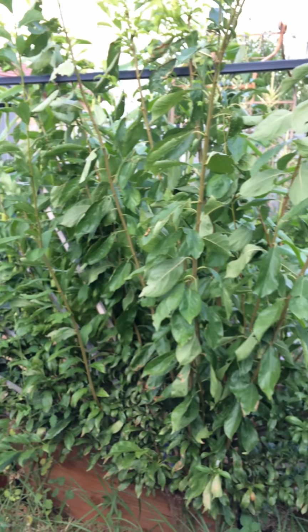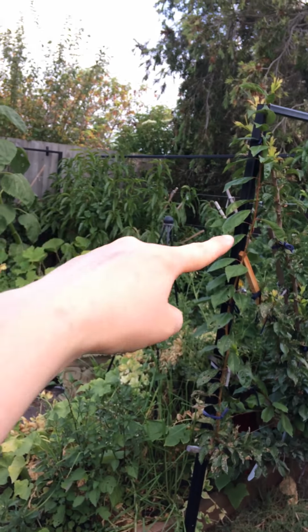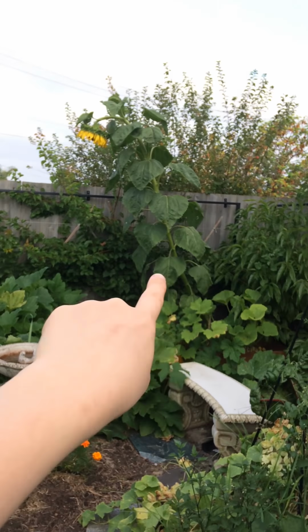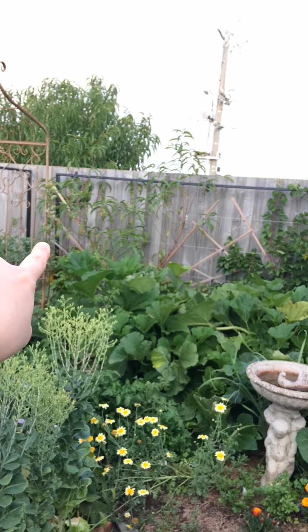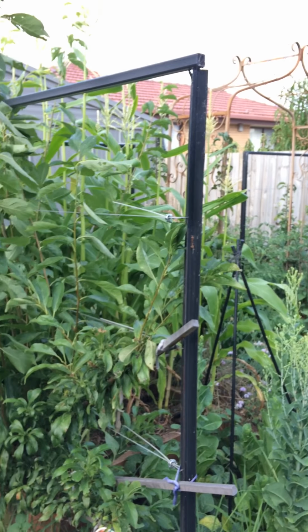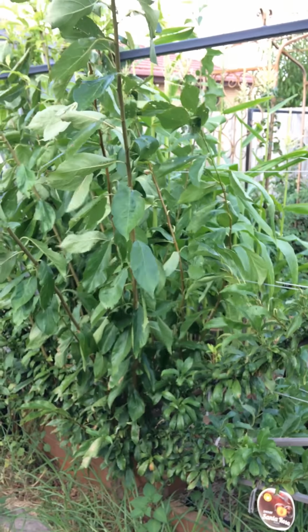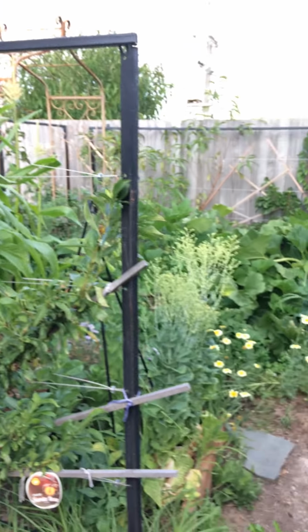So then if I whip around this side, you can see the veggie patch. So it's sort of a little bit of a walled garden. We've got plums on this edge, and then nectarines along that wall, apricots and peach along that wall, and nashies along the other side that you can't really see because it's obscured. They all need retying up and a spathering, as you can see, but